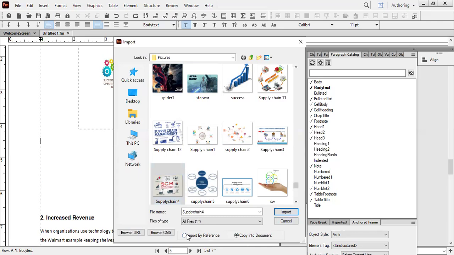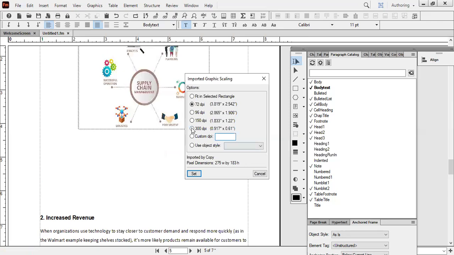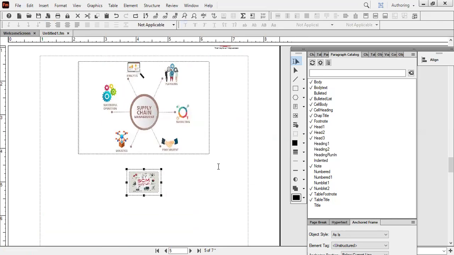There are 2 options. Import by reference, copy into document. You can say copy into document, click import. So I have 300 DPI. You can select anyone you want to. I click on set. So this is the